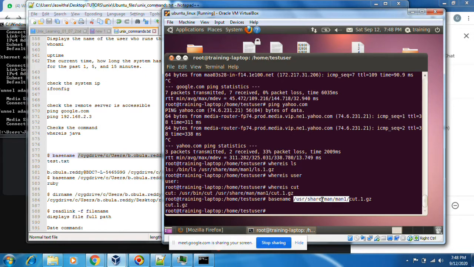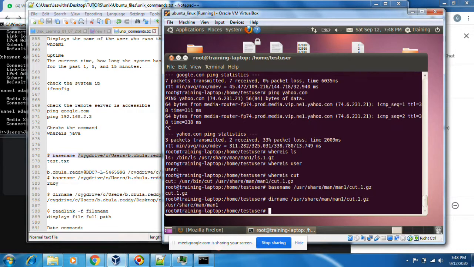This is the basename, the name of the file. You can use dirname also; it will give the directory path. This is the dirname, and this is the basename.